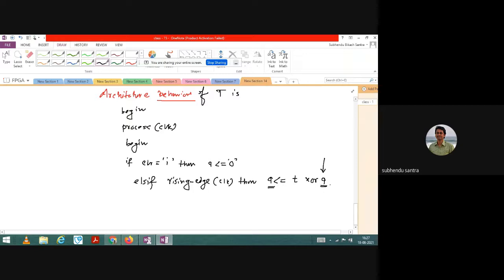So that part is over. And then what I have to check? So end if, nothing else is required, because here Qn plus 1 is basically equal to T XOR Qn. So for the T flip flop, that is only one sentence. Okay, end if, then end process.